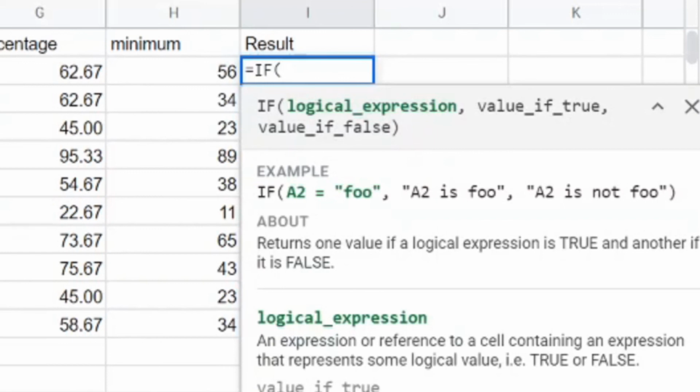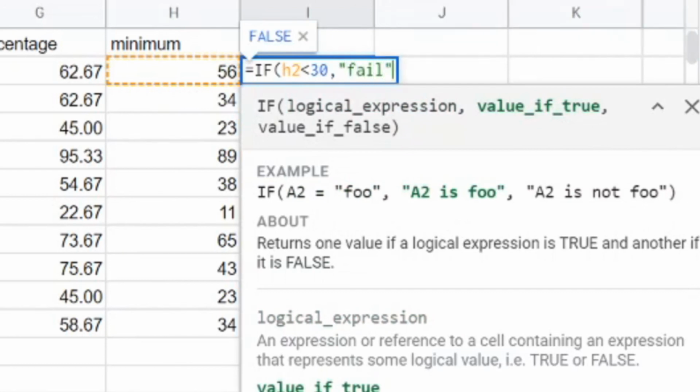So similar thing we will write in our case. So we will check the minimum marks. So minimum marks is present in our H column, and we will check the H2 cell, and if H2 cell is less than 30, okay, if H2 cell is less than 30 means if minimum marks of a student is less than 30, he or she is fail, then we will write fail.